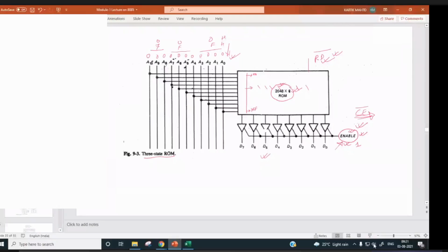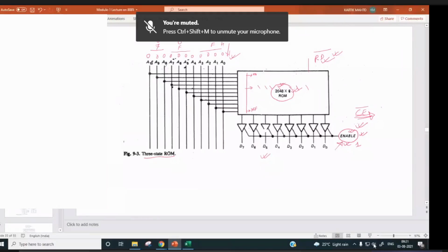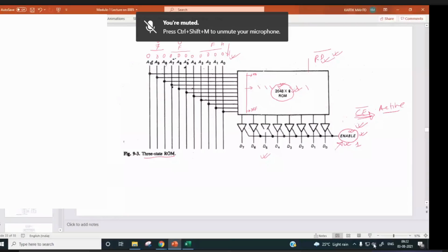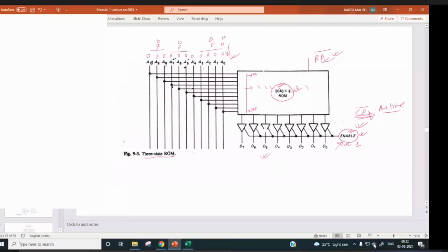If this signal is made active, then only this chip is going to function. So when enable is 1, and you send the address and make read bar low, then only can I read the data. If enable is 0, then whatever you do, it's not going to respond.